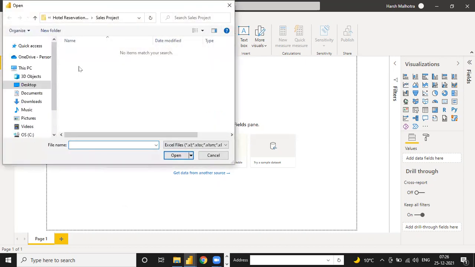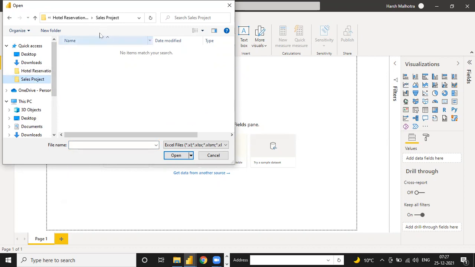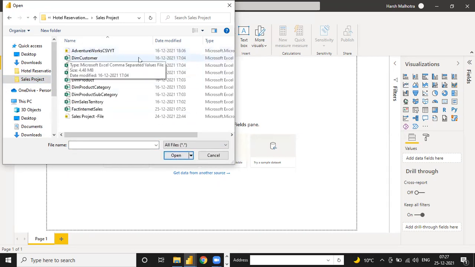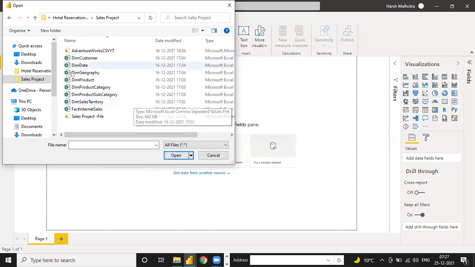Right now my file is in CSV format, but I selected the Excel format. So it is not a good option, but there is another option. Suppose you select Excel by mistake, no need to go back. Just click the folder, because you need to choose the folder your file is in. If you select Excel, your file will not show. So you can go to this and select all. If you select all, all the files will be there. So one by one, you can connect your files. First is the fact table.